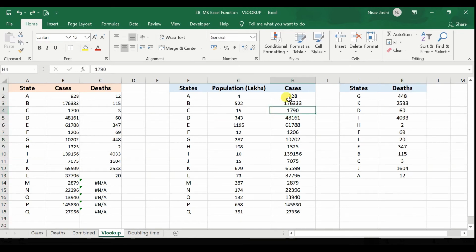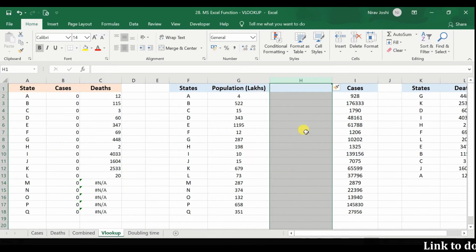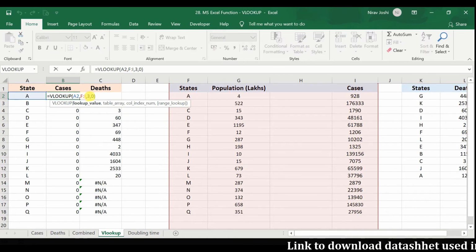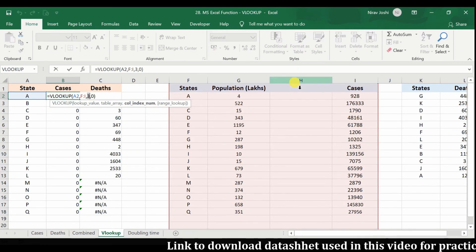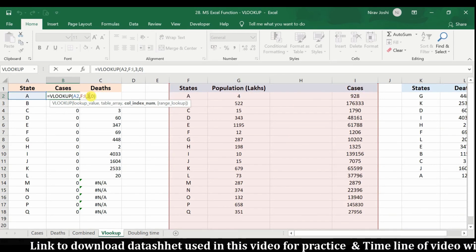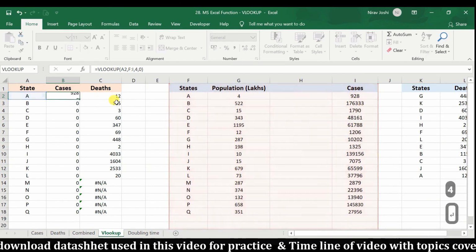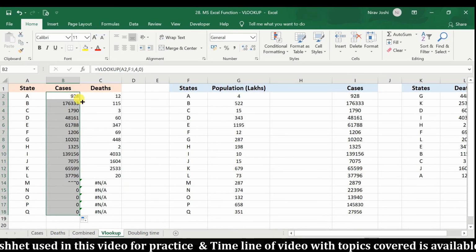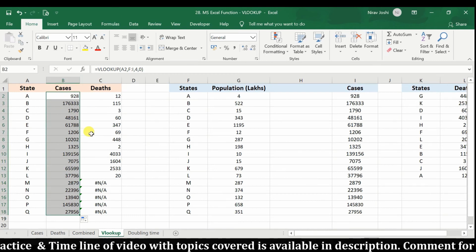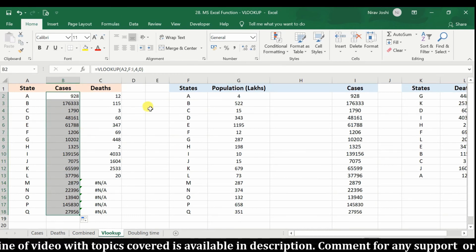Now one more thing that needs to be considered in VLOOKUP is, suppose we add one column here in the original data set, then it will break the formula in the calculation. The reason being, we have provided column number 3 as the column index number, which is now blank. So we again need to provide the updated column index number to fetch the data here. In this kind of situation, we need to update the formula for VLOOKUP.